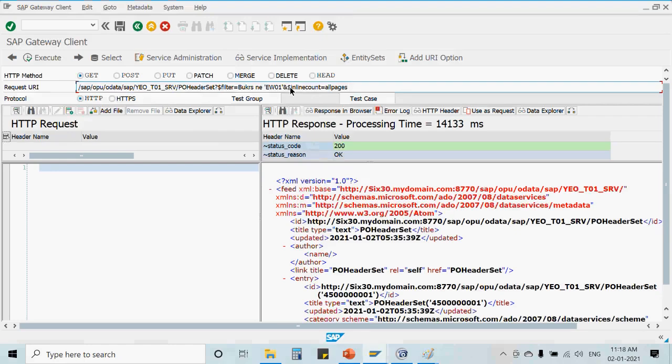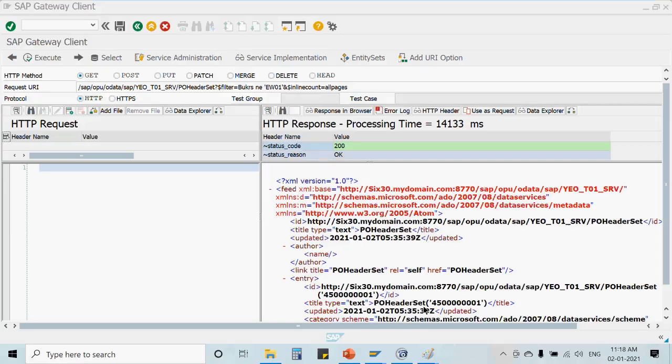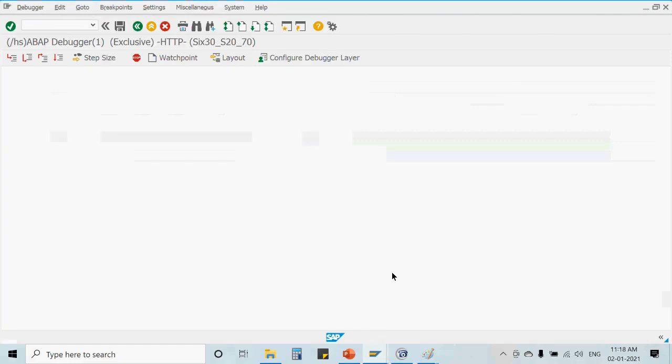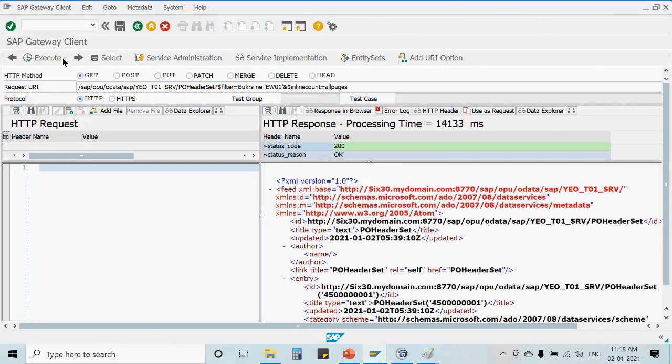So first we need to ensure whether the inline count is actually getting written in the output or not, because otherwise the UI developer will say I am receiving the records but I am not receiving the count. Now we don't know how to return a count. For that, inline count is one of the URI options that should return a correct value. So if I press enter over here, execute over here,